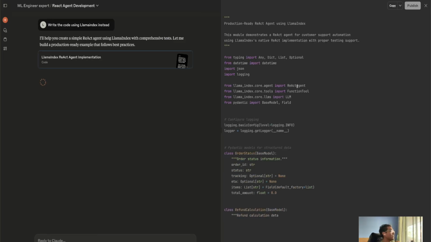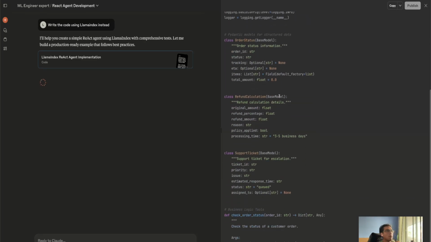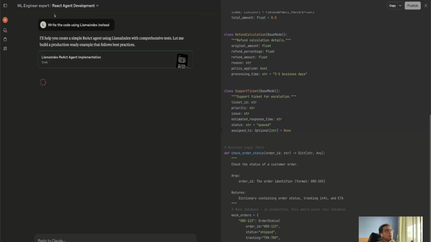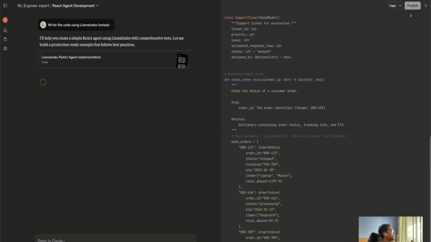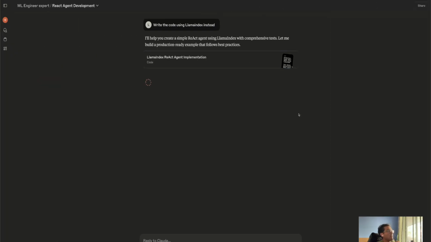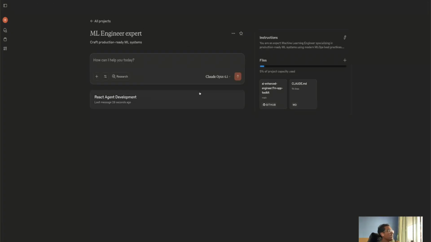There we go. So see, now it's actually using Llama Index as I thought it would. So that's it. If we go back to the project, I don't need to specify the stack, and I don't need to be reminding my assistant what to do at every single turn. I can really encode all that in files and in instructions,